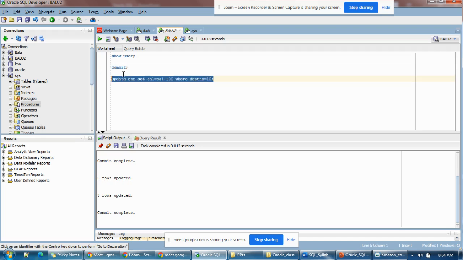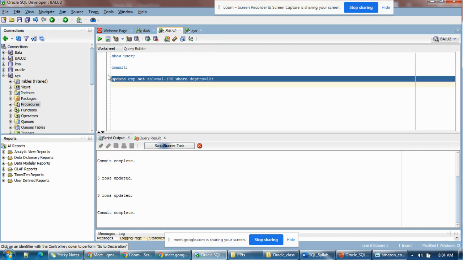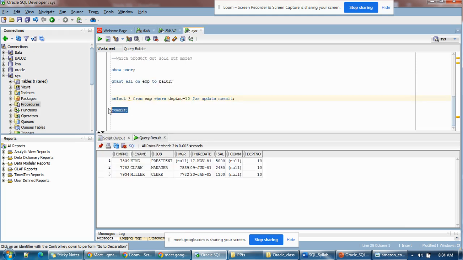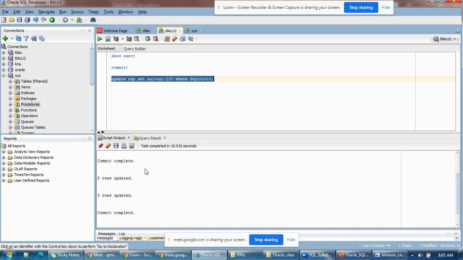Normally what will happen, it won't process. Once he commits the data, then only he can come out from the execution. Yes or no? So now automatically 3 rows got updated. If you are using NOWAIT,